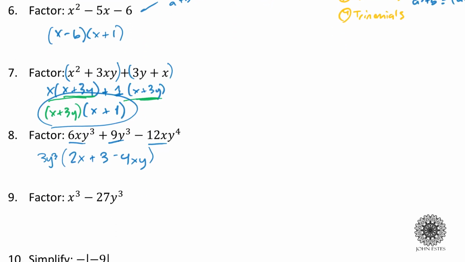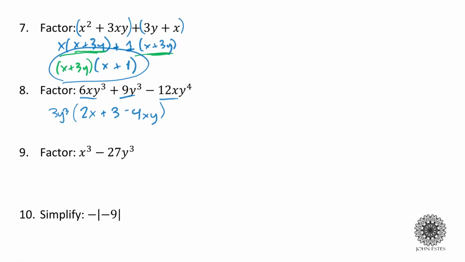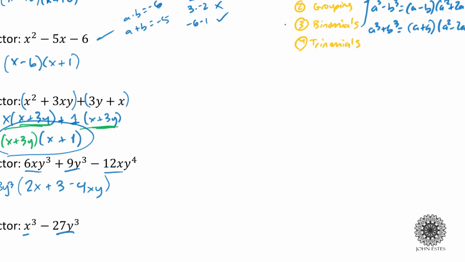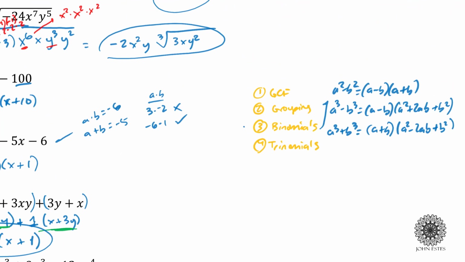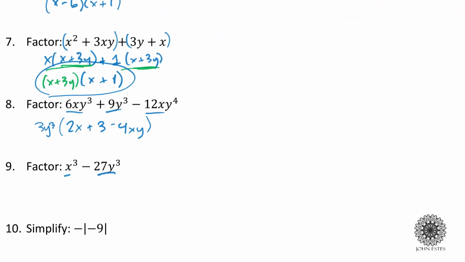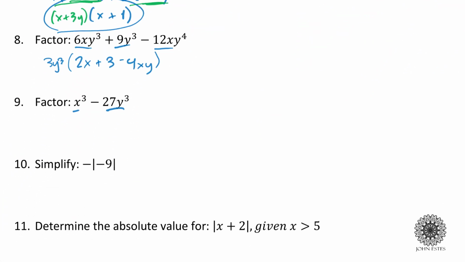Alright, now moving on to number 9. I notice I have an x cubed minus 27y cubed. So going over here, that's a binomial. That's going to be a cubed minus b cubed situation. Okay? So you have to recognize that x is a here, and my b is, what's the cube root of